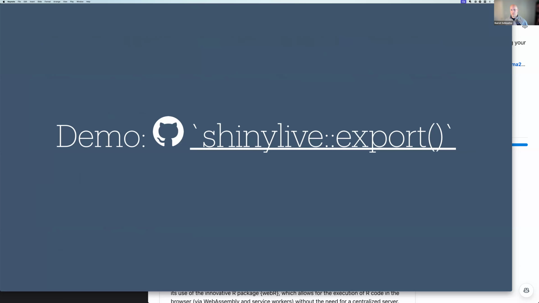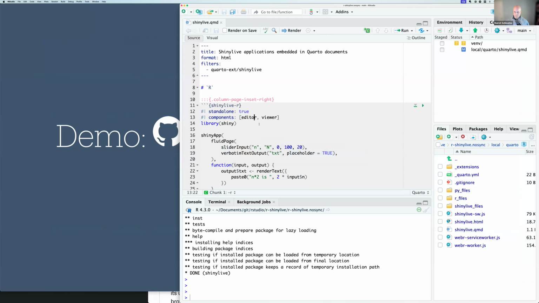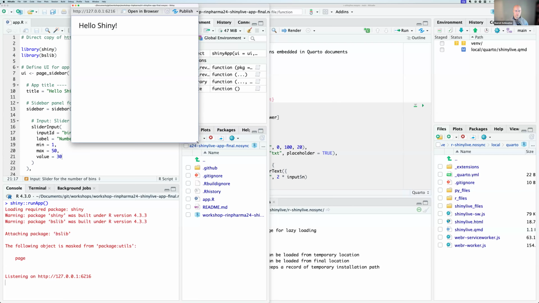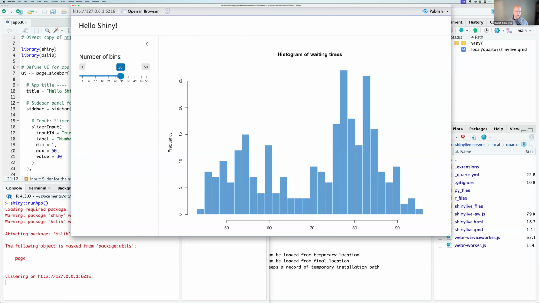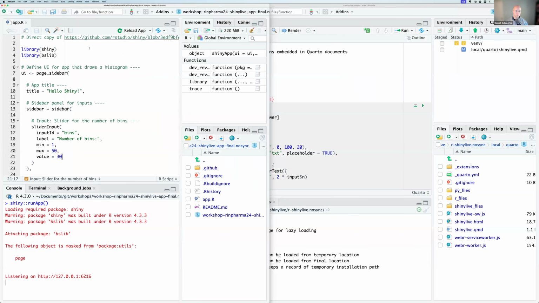Okay, demo. All right, demo, shinylive export. All right, let's play the app. We are all familiar. It's the hello world, Old Faithful, updated with bslib. We can change the bins. This is running locally. No tricks, promise. It's just a standard old Shiny application. This is just a regular app.R, and then the rest is more just GitHub repo, extra files.